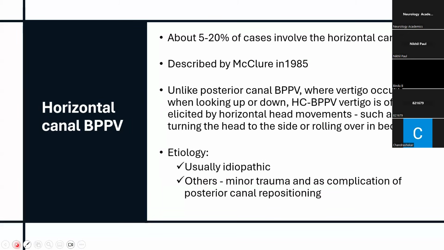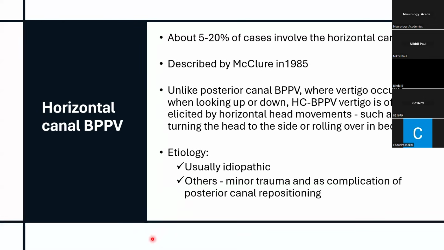Next, we move to horizontal canal BPPV, which is less common, around 20% of the cases. In anterior and posterior canal BPPV, the episodes typically occur with vertical head movement. Here it is more of a horizontal head movement that triggers the symptoms. It is usually idiopathic, or it can occur as a result of minor trauma. And one more important thing is that when we're doing the Epley for posterior canal repositioning, it can sometimes become a